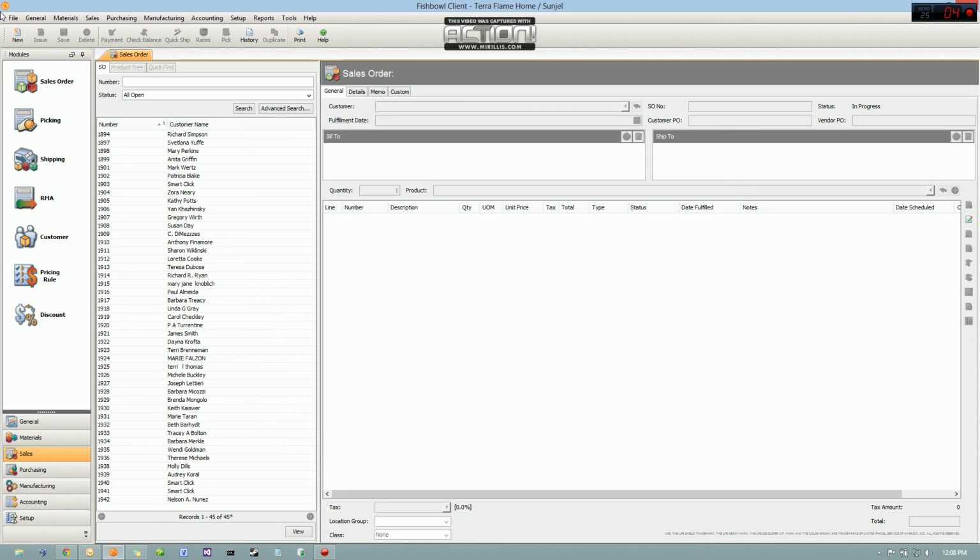Alright, so in order to create a sales order, say that Cami or another sales agent gets a phone call, we're going to go into the sales module here and click on sales order. These are all our open sales orders, which will not show up if you've specified in the user